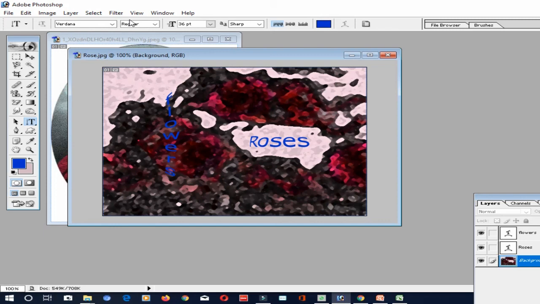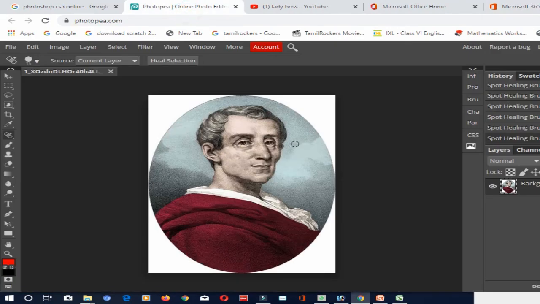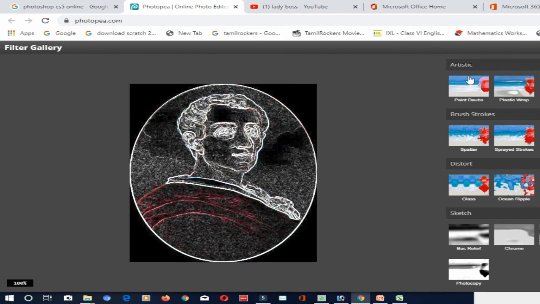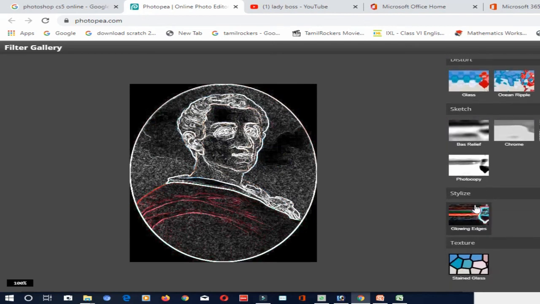Next is filter gallery. This filter gallery option is not available in Photoshop 7, as we are learning Photoshop CS5. So I will show you that filter gallery option in some other Photoshop version. Here go to the filter menu and then click on this filter gallery. This is the filter gallery. You have multiple options here: artistic, brush strokes, distort, sketch, stylize, texture.